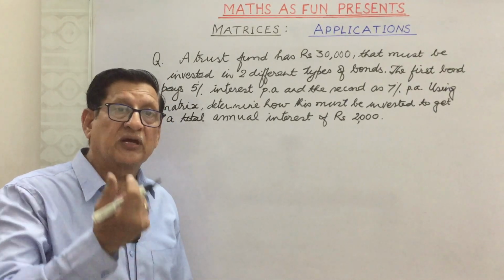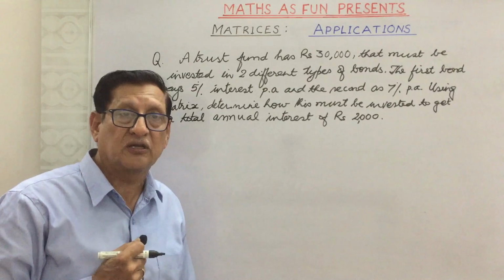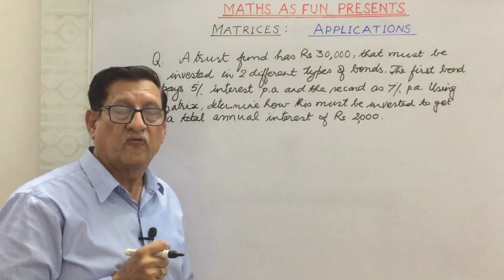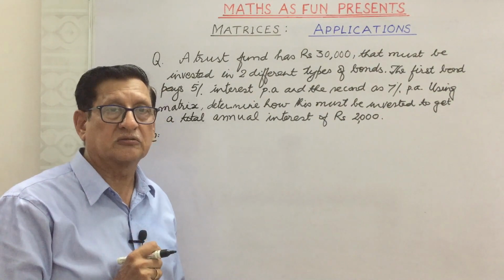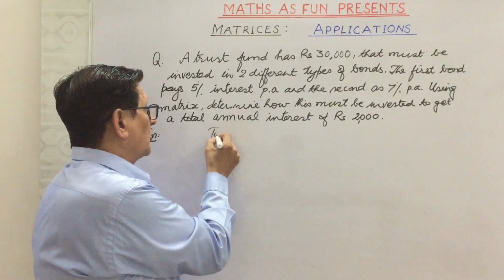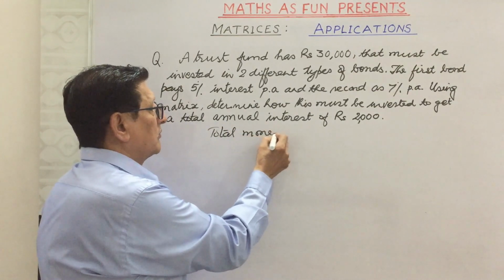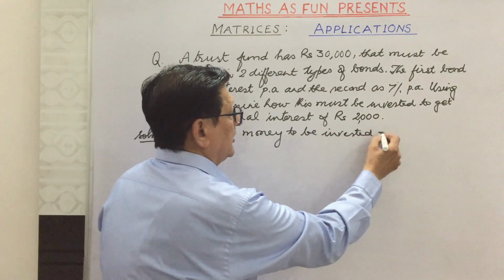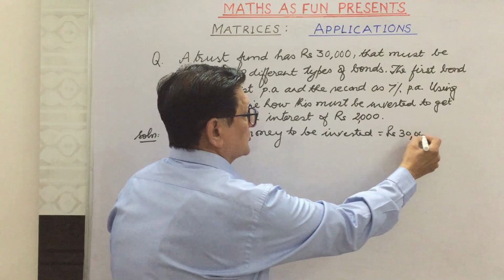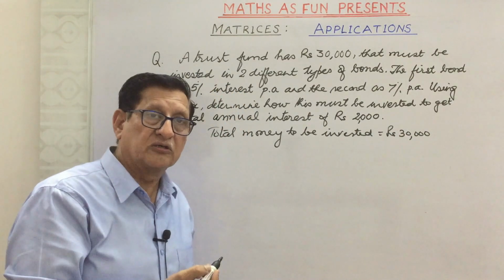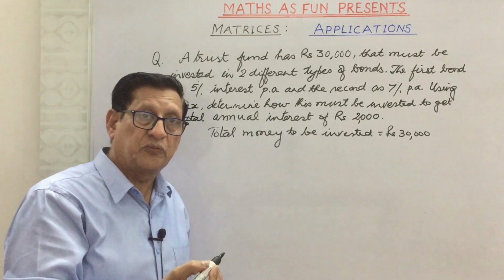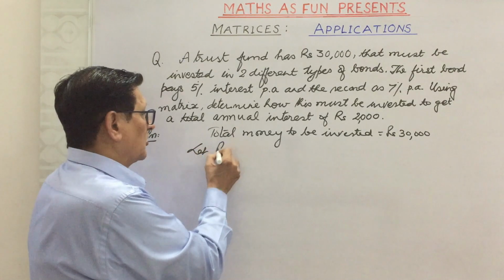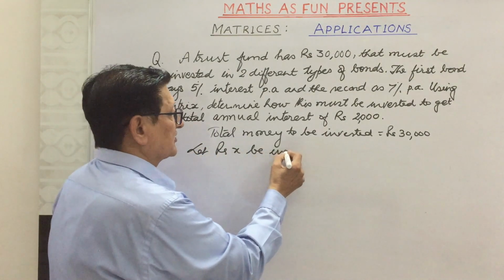In such word problems, we have to construct the matrix ourselves. So what we have been given here: the total fund is rupees 30,000. So we say total money to be invested is rupees 30,000. And we consider rupees X to be invested in the first bond and the remaining in the second bond. So we can write, let rupees X be invested